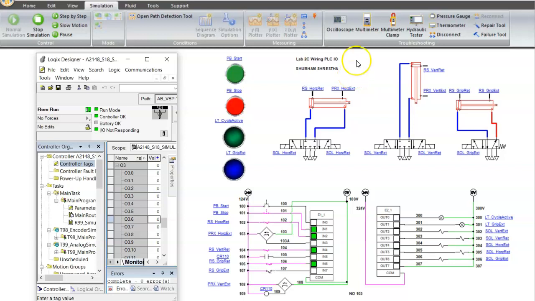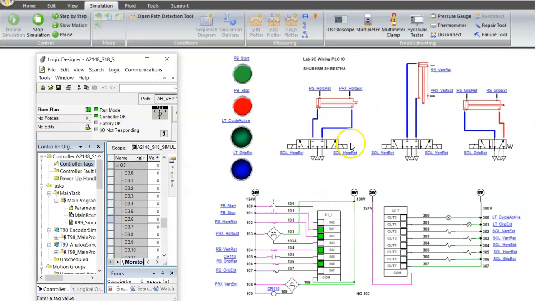This is a video demonstration of Lab 2C Wiring PLC IO. Here, these output devices are connected to this PLC program via this output module. Likewise, input devices such as these push buttons and these sensors are connected to this PLC program via this input module. So any changes made in these output devices will be reflected on this input module based on the feedback